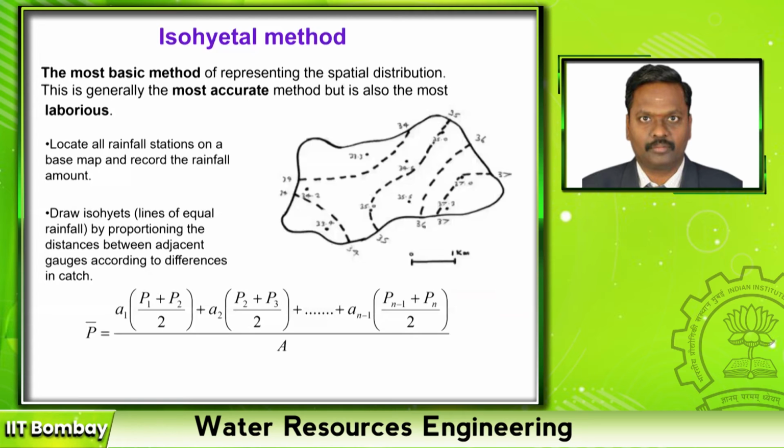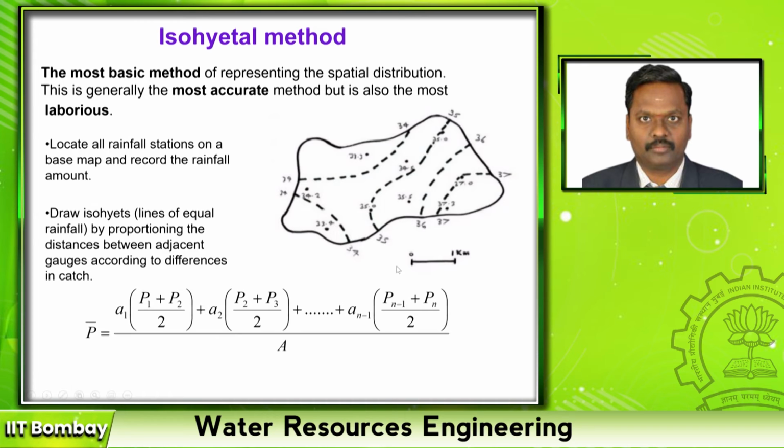Now you have to measure the area of this polygon and multiply it with the rainfall. Like that you do for each and every rain gauge station, and divide by the total area. Whatever amount you get is called the average rainfall by the Thiessen polygon method. This is a very good method, but in this case it is assumed that the rainfall variation from one station to another one is linear, right? That is why exactly I am cutting it off. So this is how the Thiessen polygon works.